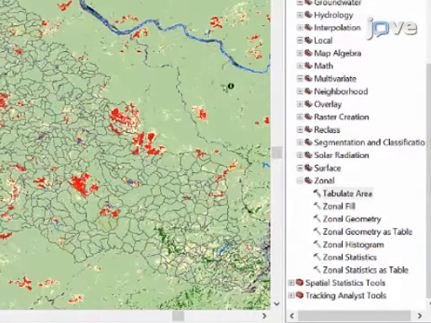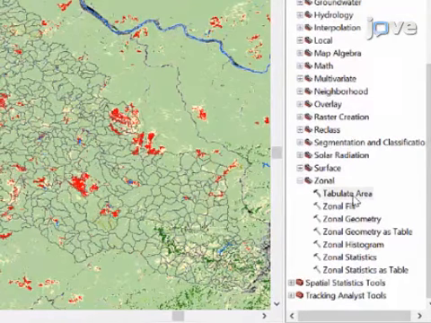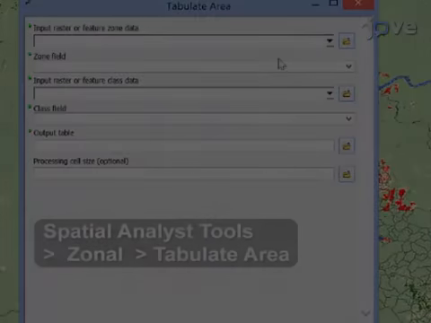Next, allocate raster land use data to each catchment. Use the Tabulate Area tool to calculate the attributes for